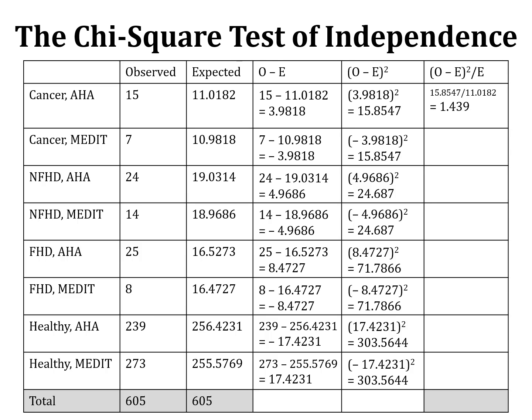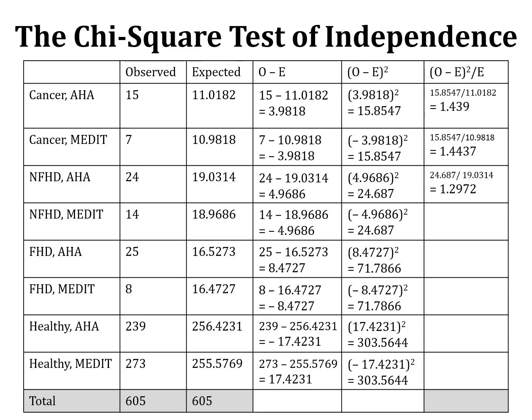So 15.8547, which is the square of difference between observed and expected frequency of cancer AHA, is divided by the expected frequency of the same cell, which is cancer AHA, and the result is 1.439. Now we do the calculation for the next one. This is 15.8547, which is the square of difference between the observed and expected frequency of cancer cases on Mediterranean diet, and they're divided by the expected frequency of the same cell, and this is